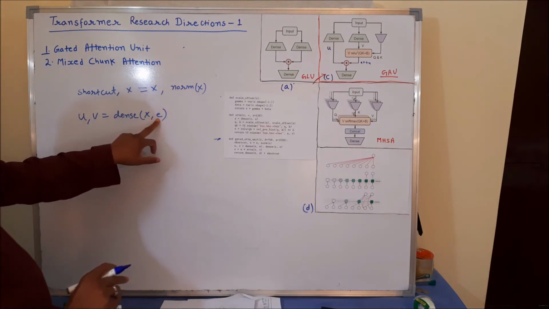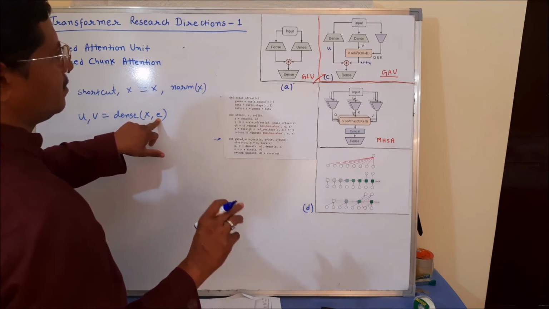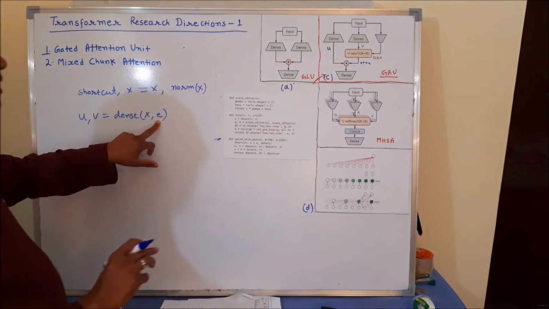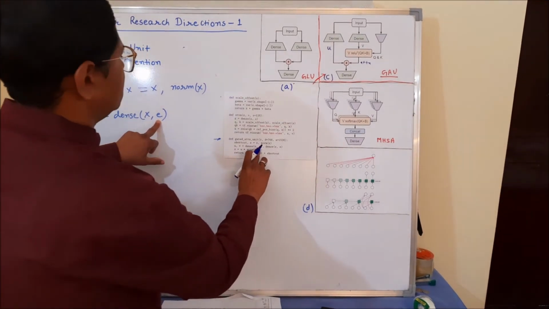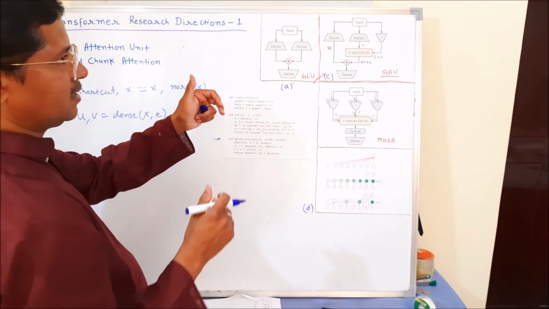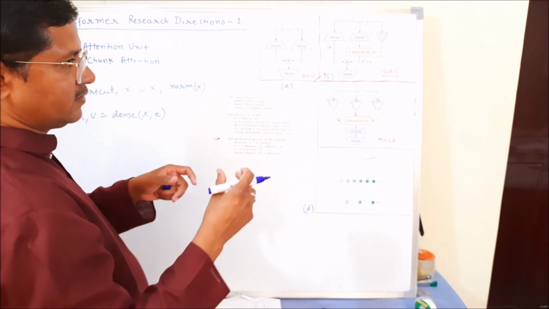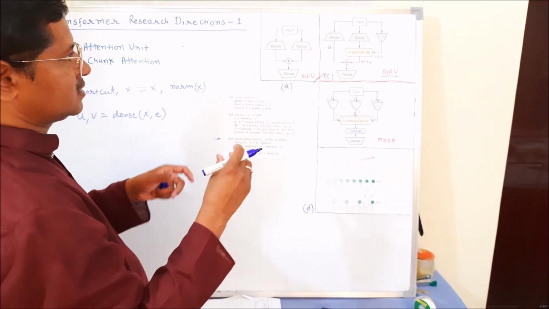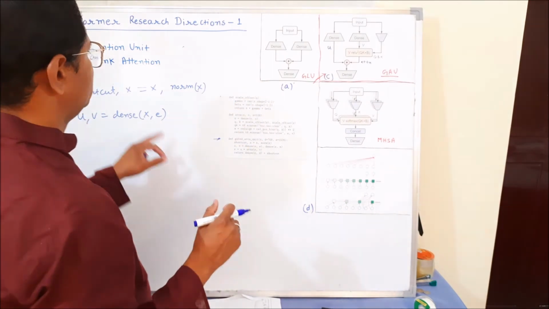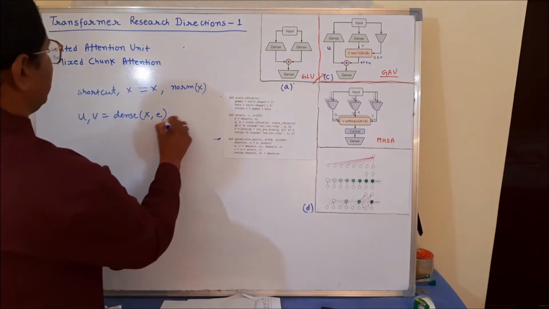So E is some intermediate shape of the hidden layers that we design in the architecture, because at the intermediate level of network design we generally have a different number of neural network nodes compared to the final output layer. So this is some intermediate layer size, and V is again